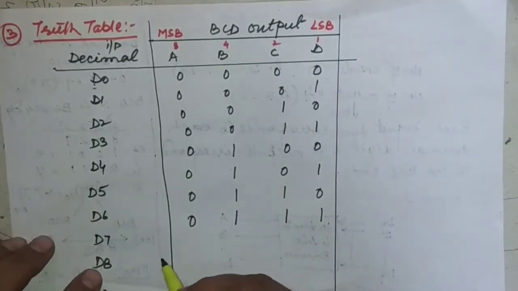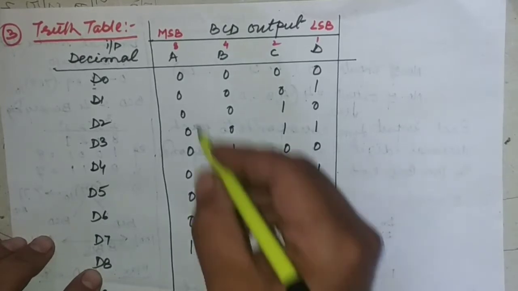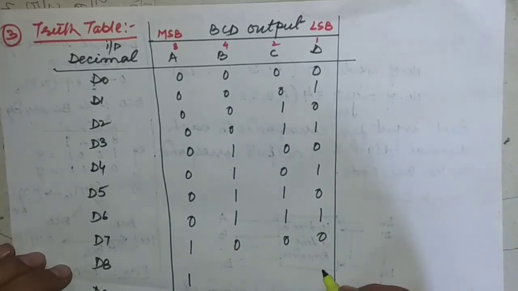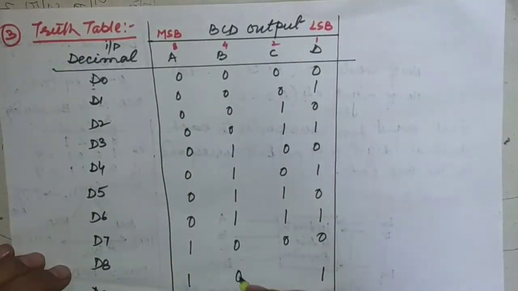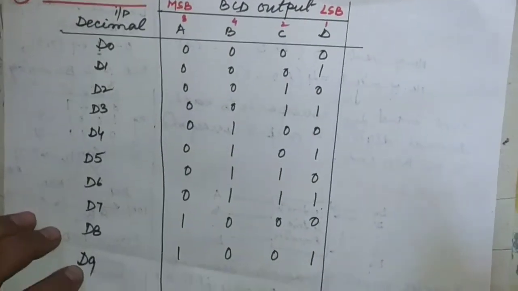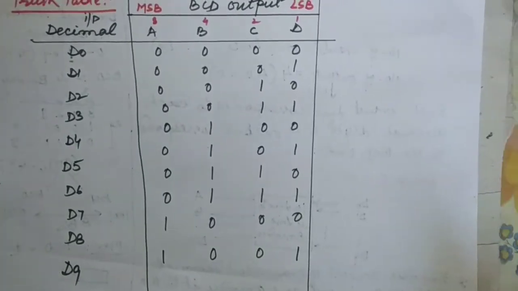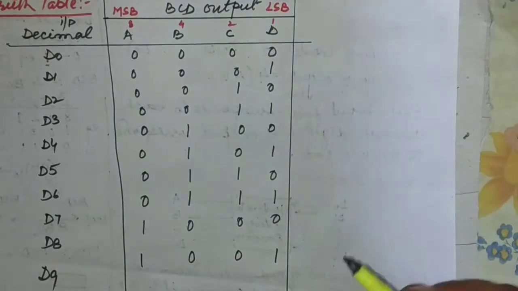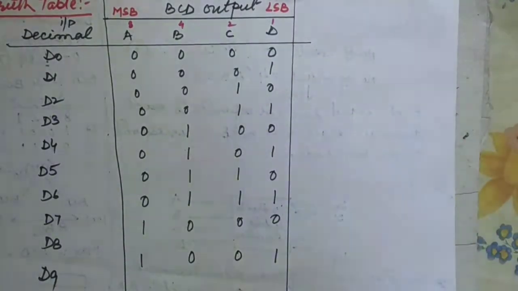Remaining 0. 8 is 1, complete 8, and then 0. 9 means 8 and this is 9, and these are zeros. So this is the truth table of this type of encoder. And now the next point is about its